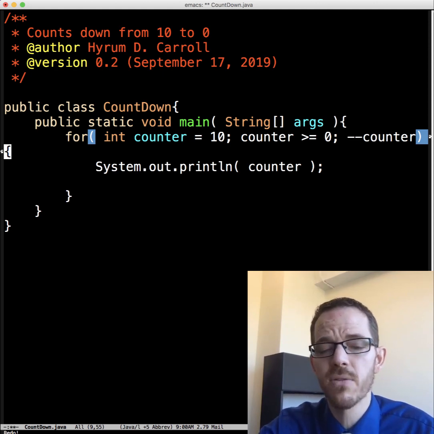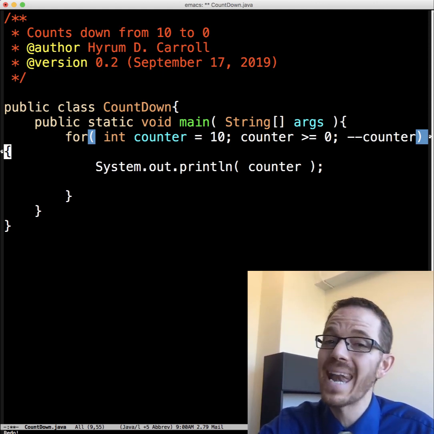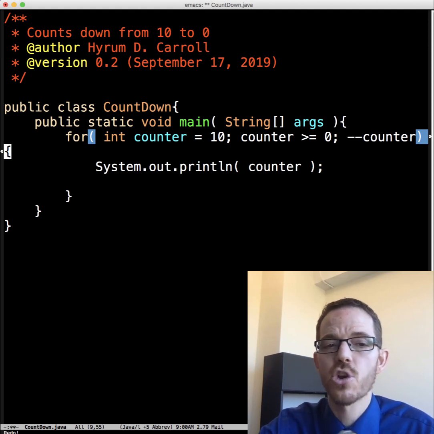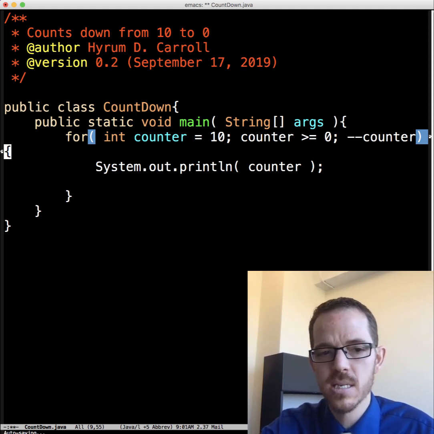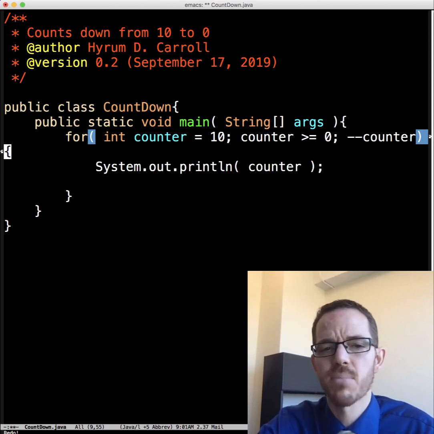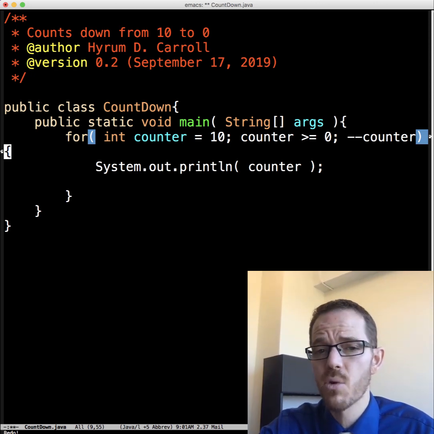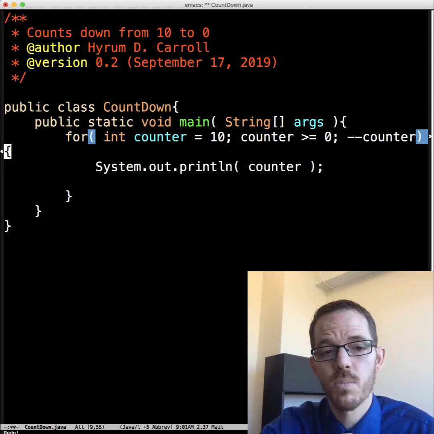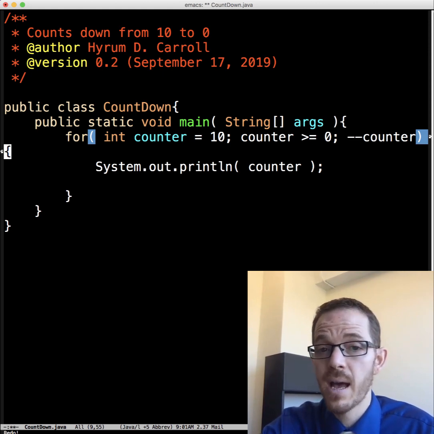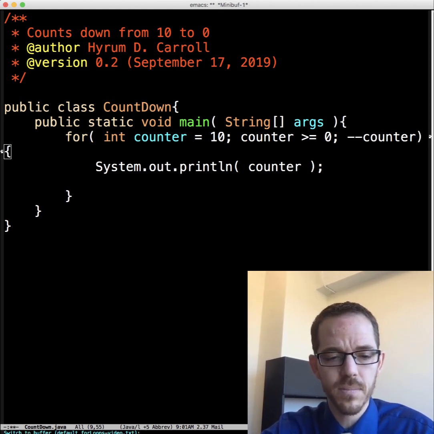Now there is one difference here in that counter now has a scope of only the for loop, so you cannot use it after the for loop. And that, to me, is advantageous because we don't want it to have side effects. And so it's just a temporary variable. It's just the loop counter. It's nothing more than that. If you need it more than that, you can declare it before the for loop, which will then increase its scope to be available after the for loop.